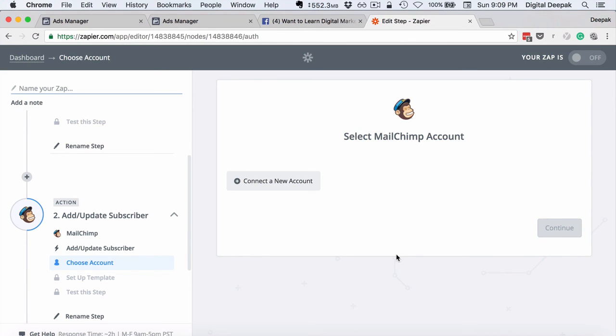So that is how Zapier integration works, and I hope this video helped you understand what Facebook lead ads are, how they are different from normal landing page lead generation that we do, how it differs from desktop to mobile, and how to integrate the leads directly to some other tool. So Zapier is a paid tool, and you have to use Zapier if you want to collect the leads from Facebook. Otherwise, you can go ahead and communicate to Facebook directly via API or through some other tool. There are many other tools which will go ahead and fetch your Facebook lead ads and put it on your system.